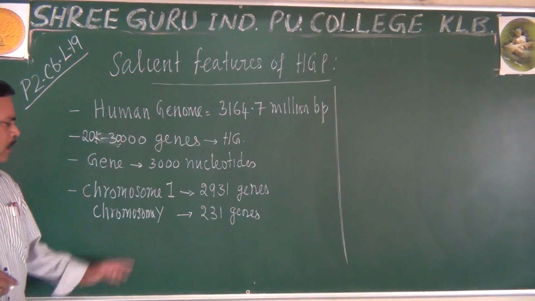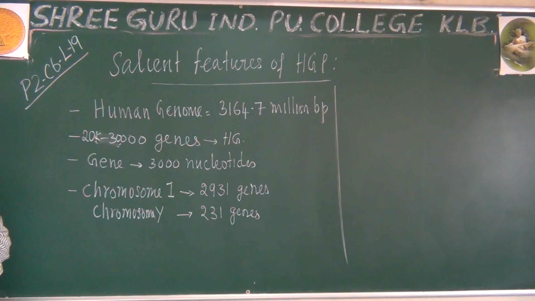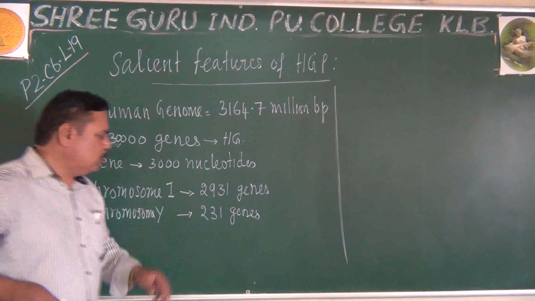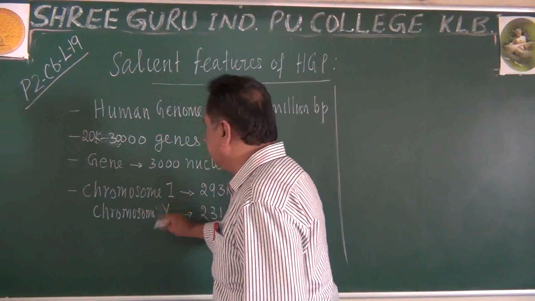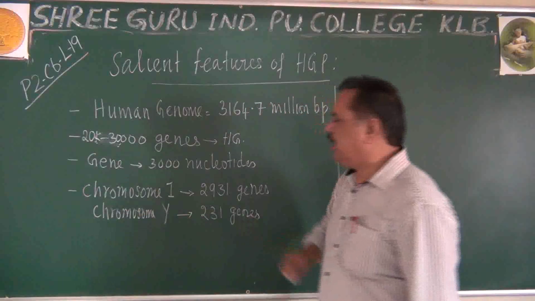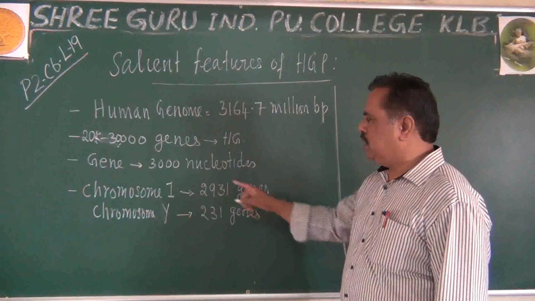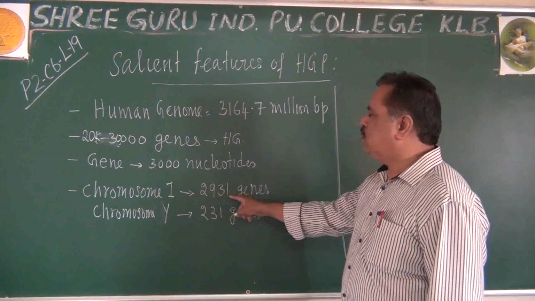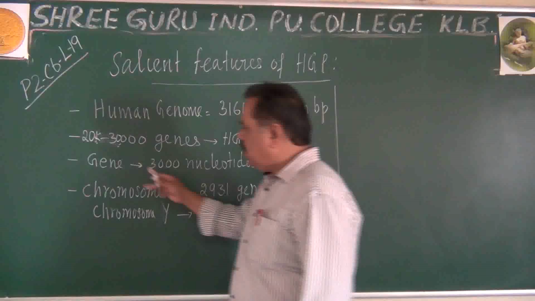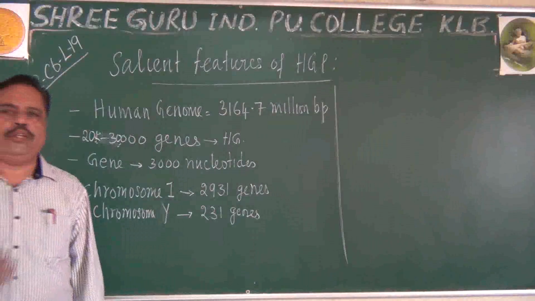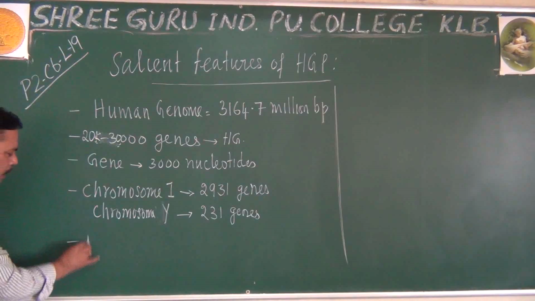So remember, all the chromosomes need not have the same number of genes. Chromosome Y is the smallest chromosome. It contains only 231 genes. Chromosome 1 is the largest chromosome. It contains 2,931 genes in it. Among the 20,000 to 30,000 genes, there is a gene called